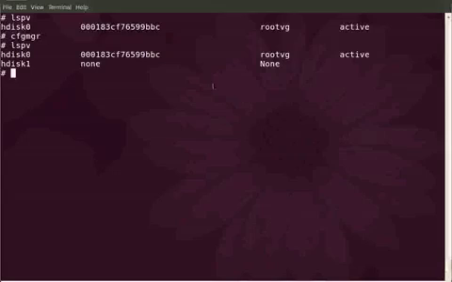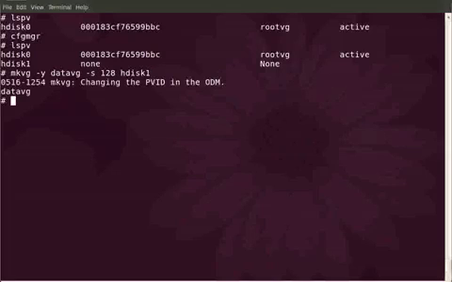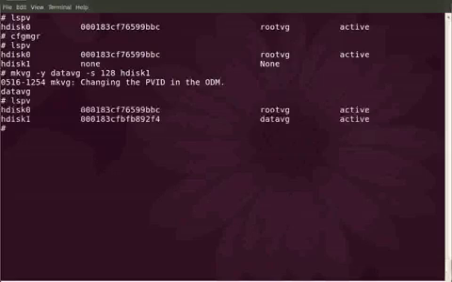volume group. I'm going to make a volume group with the name, say, DataVG, with a PP size of 128 MB. Now the volume group is created. lspv shows hdisk1 belongs to DataVG,